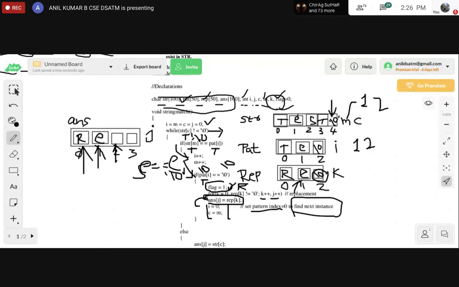So to check the next occurrences also, again the index I will become 0, where M is equal to, C is equal to M. What is the current value of M? See the board and tell.